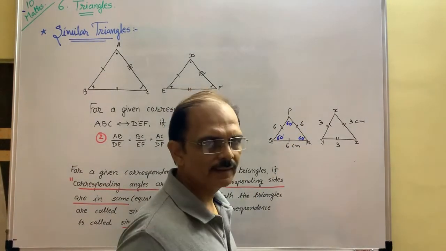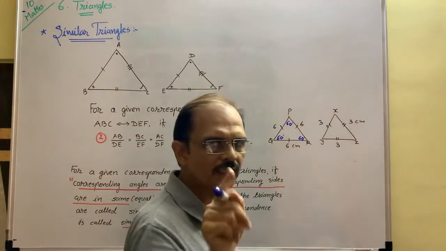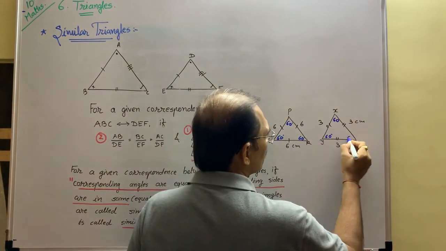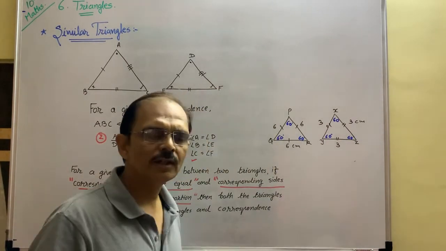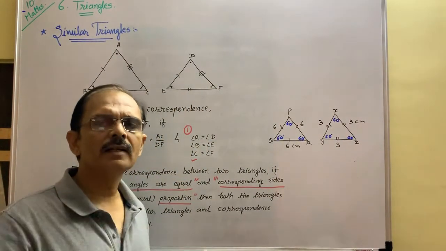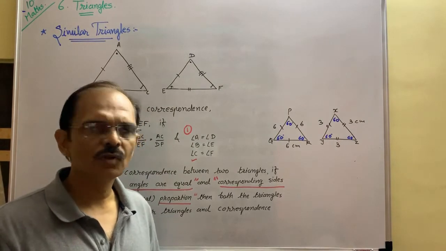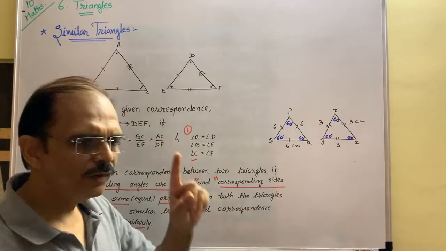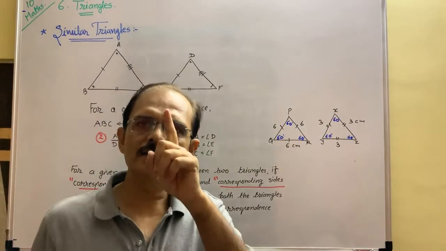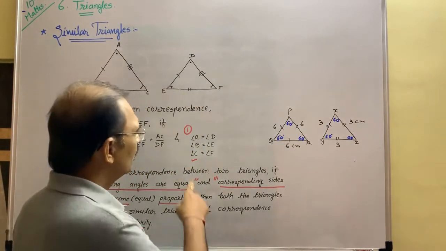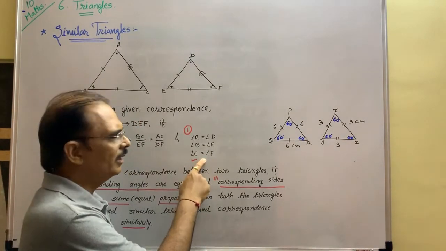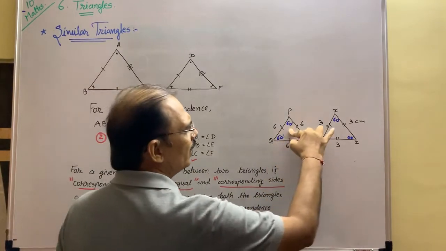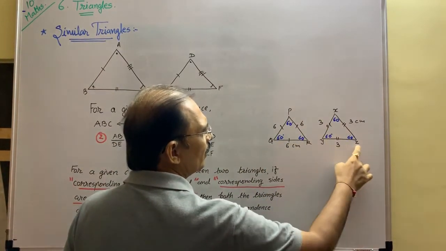In the same manner in XYZ, three sides are the same, so three angles are also the same. Three angles are the same, so you can write 60, 60, 60 degrees. Now, can you say that two equilateral triangles are similar or not? From this, yes, you can say that equilateral triangles are always similar triangles. Why? Because it satisfies the first condition. First condition is what? Corresponding angles are equal. P with X, Q with Y and R with Z are equal.